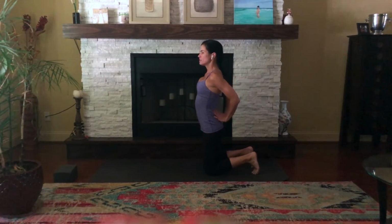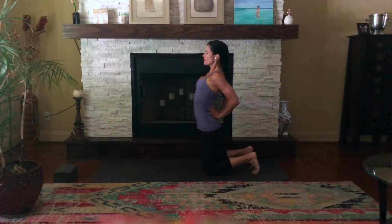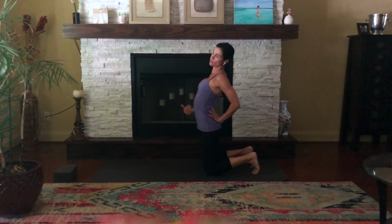You can bring the hands to the low back, like you're gonna stick them pointing up towards your shoulder blades, or some people like hands in the pockets, but I like to point up with the fingers to help open the chest. From here, you might just lift the heart and just focus on breathing right here. Whatever you do, I don't want you to feel it in your low back. So wherever you need to go to be able to stay in the opening of the heart space in the